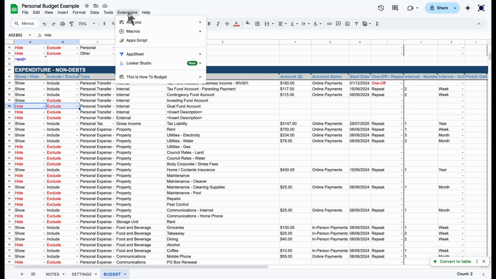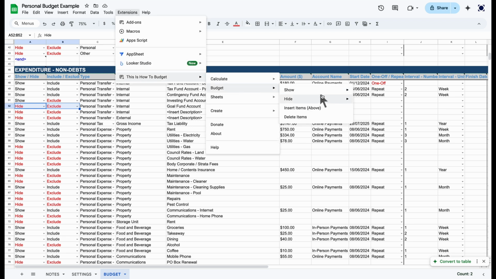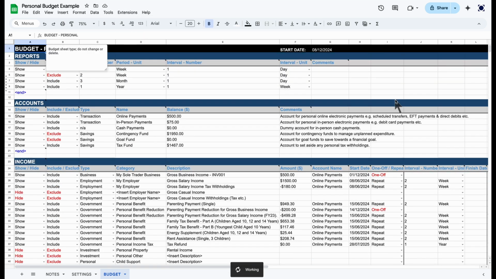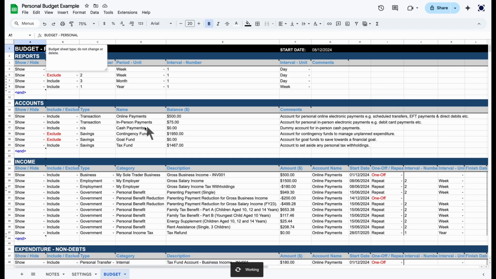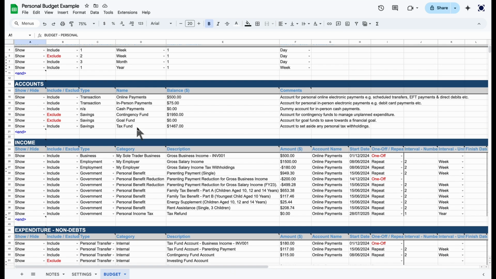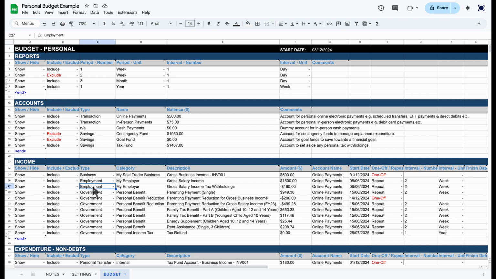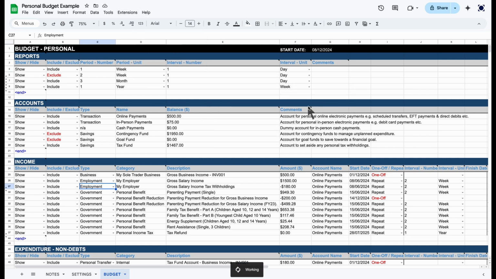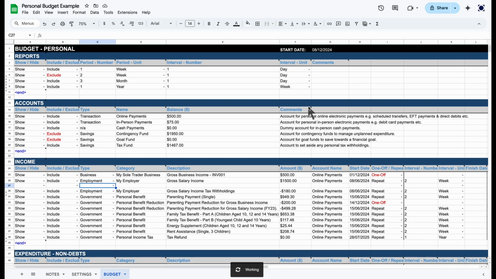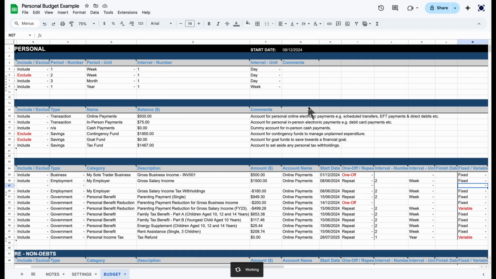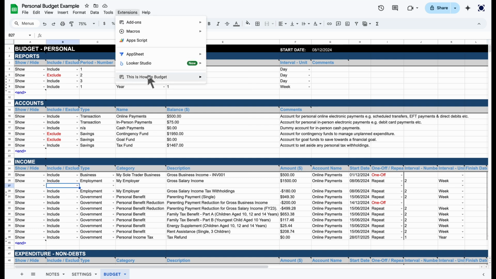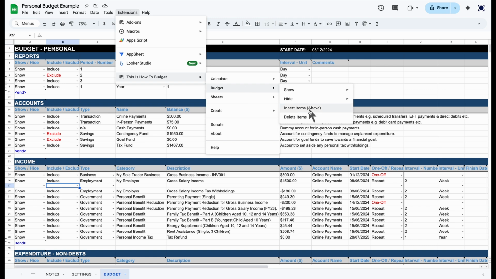And to make the budget easier to view, disabled items can be hidden from view by selecting Budget, Hide, Hidden Items from the menu. The category and description for an item can be edited if needed, and if you need to add an item category, you can select a cell or cells in a table, and then select Budget, Insert Items from the menu, and blank items will be inserted into the table ready to be filled out. I can then delete the blank items or other item categories by selecting them and then selecting Budget, Delete Items from the menu.